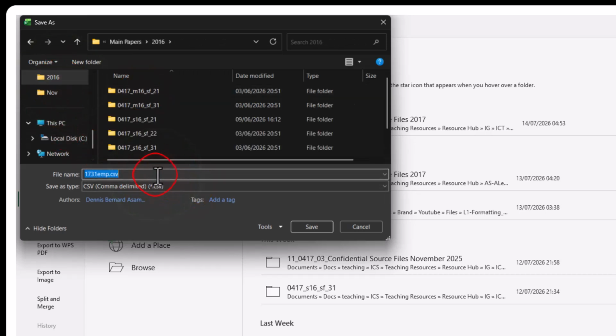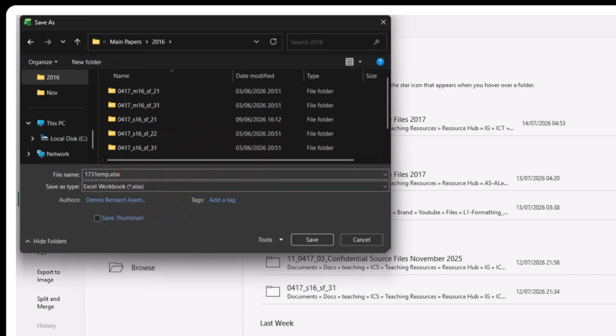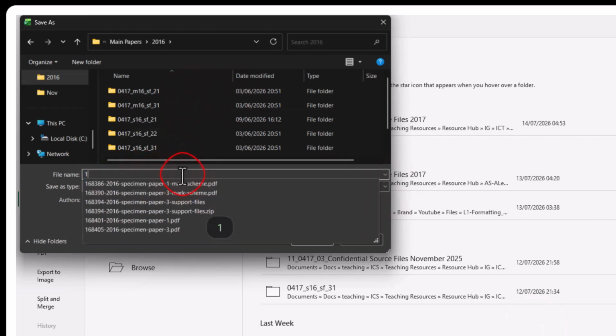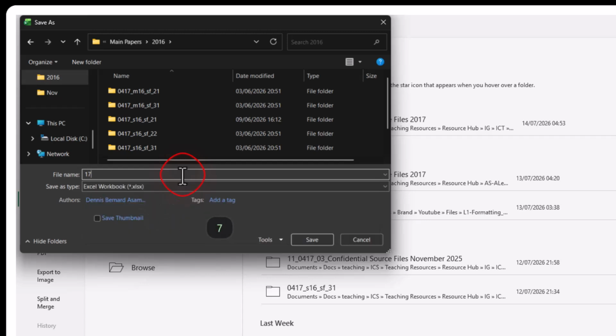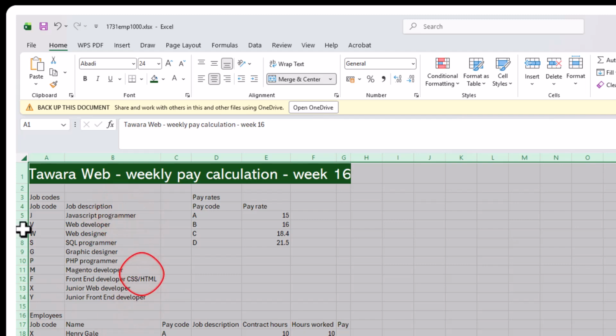Make sure you have changed it to Excel workbook. If I was you, I'd even do that before I type in the name that I've been given, 1731 EMP, and then your candidate number minus 1000 as always. All right, good. To continue, it says that